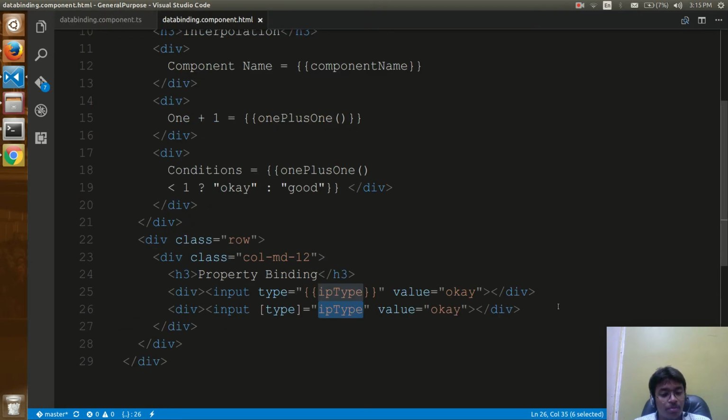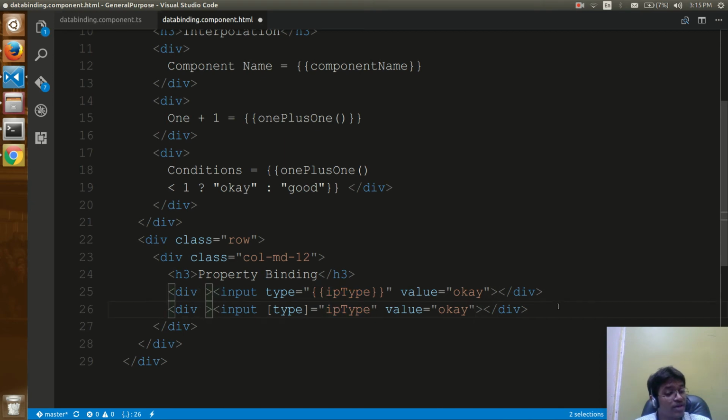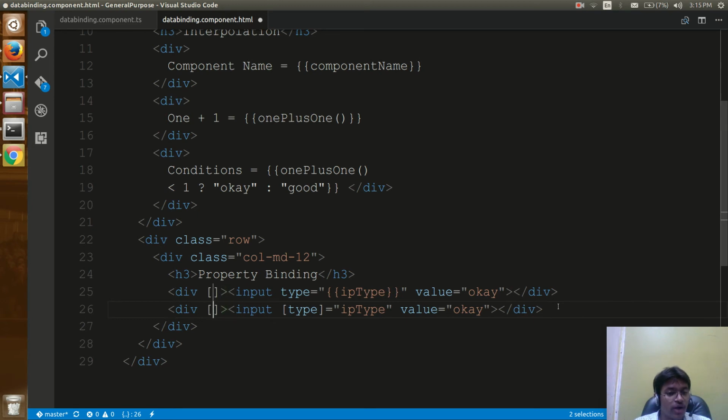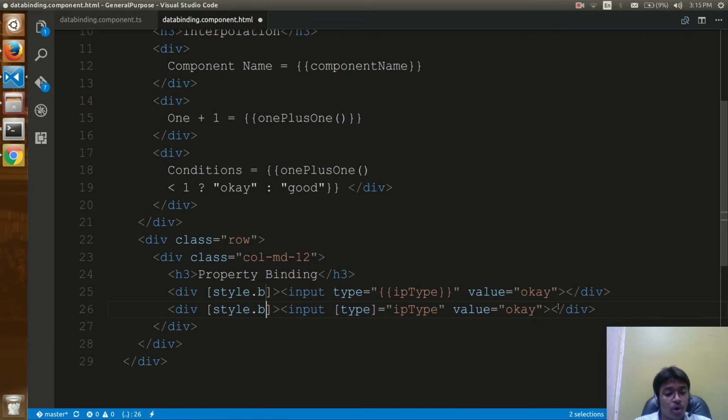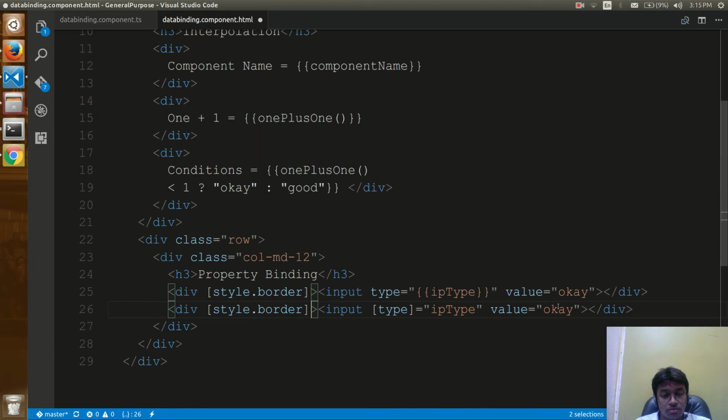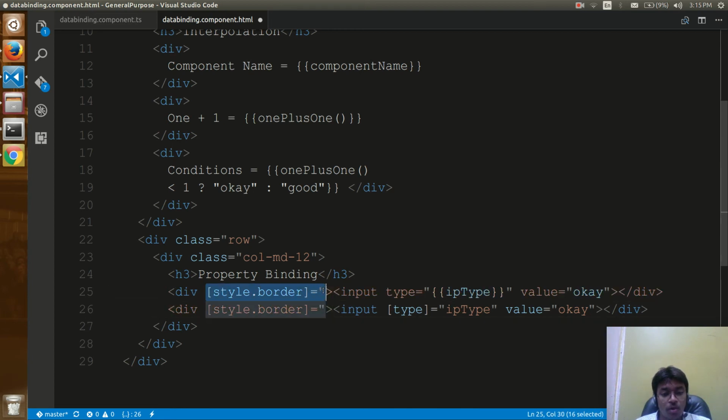Similarly, you can bind with n number of built-in properties. So if you want to have some style, dot border is equals to, style dot border is equals to,